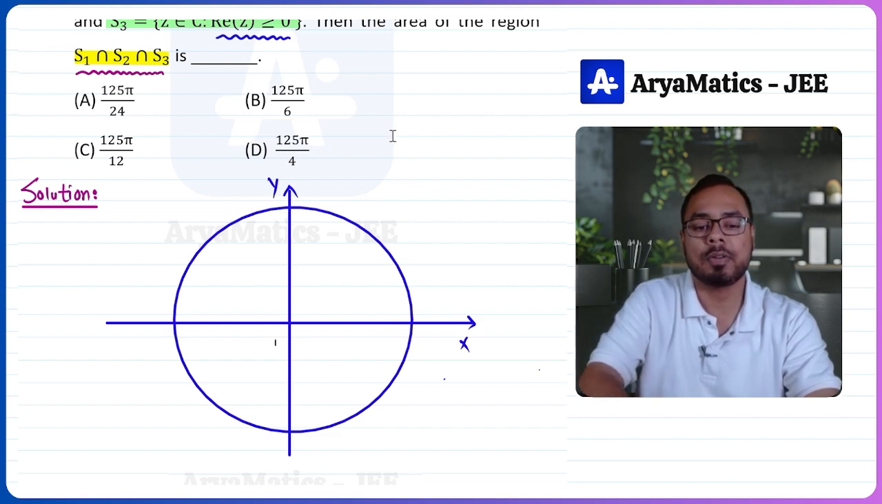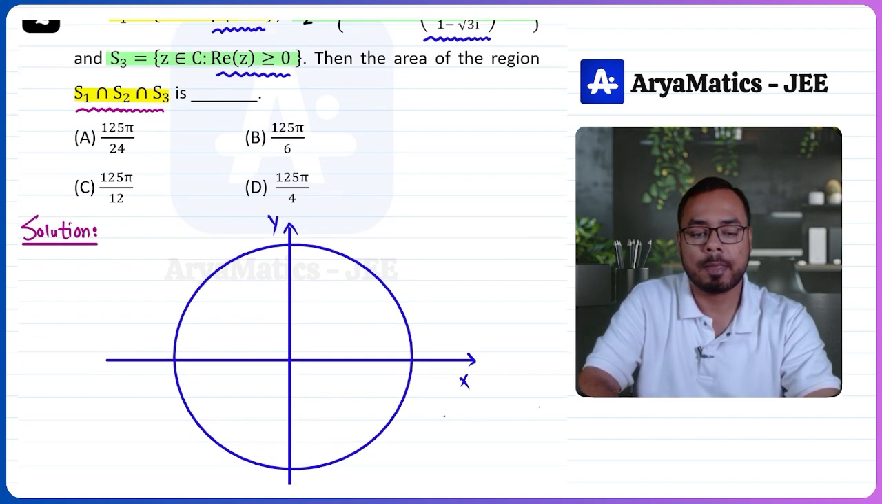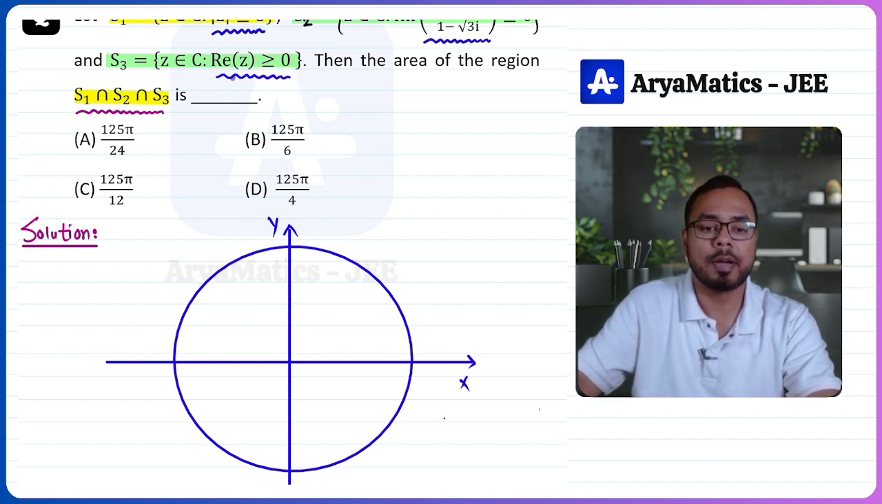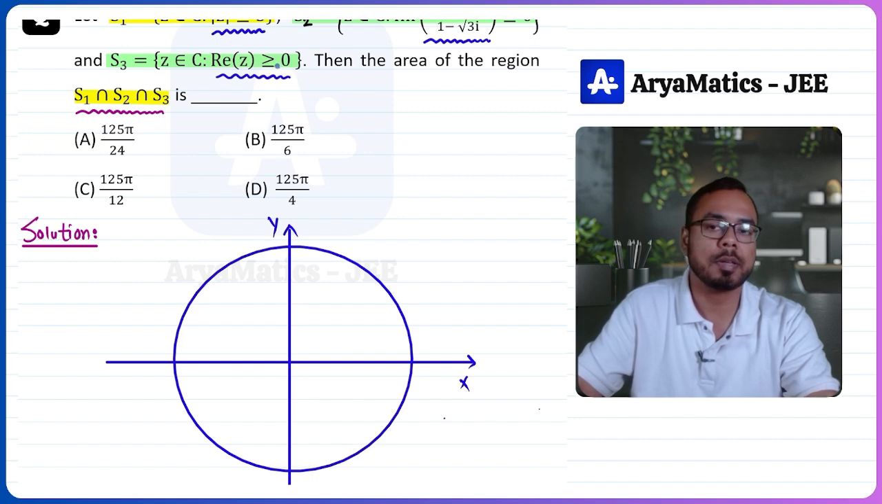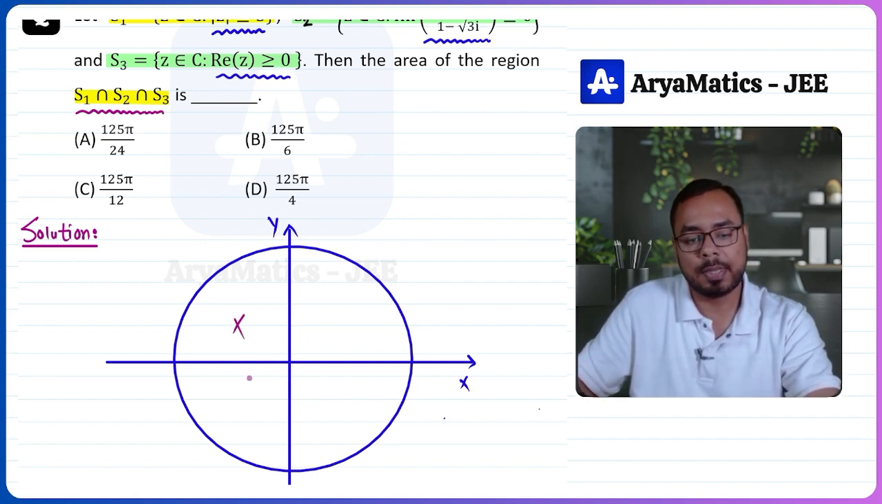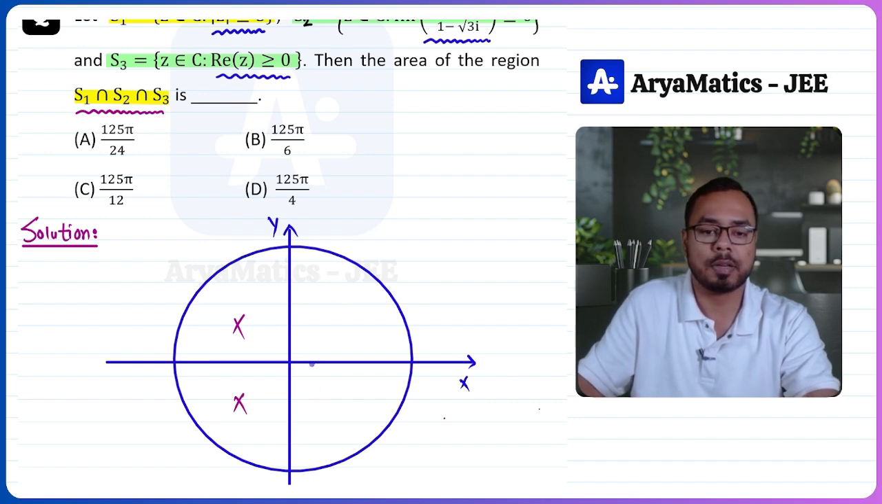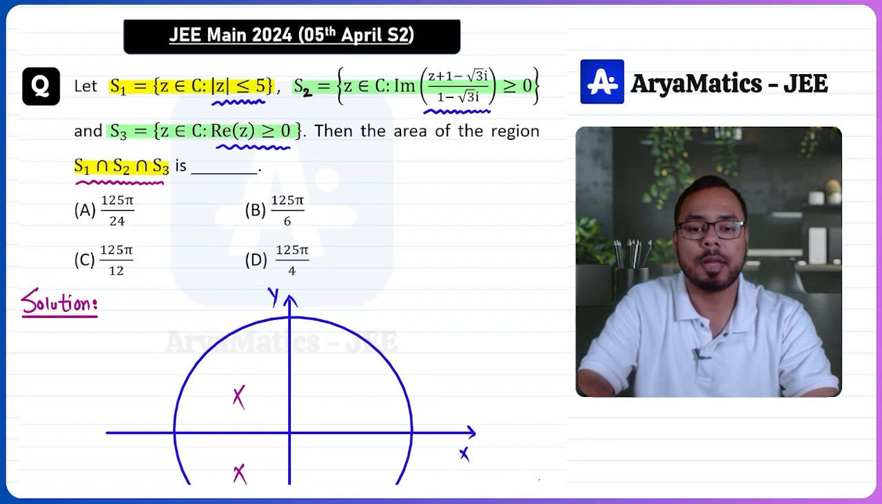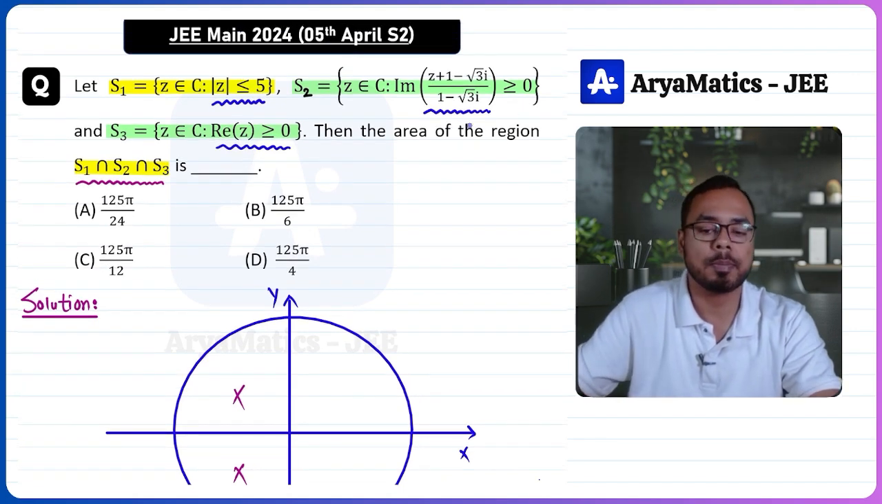Third one is real part of z is positive, right? Third inequality, real part of z is positive. That means we are talking about first or fourth quadrant, right? In first and fourth quadrant, x will be positive. Real part of z positive means x is positive. So we do not have these two quadrants, right? I mean, if I take intersection of S1 and S3, then we have this half of the circle in first and fourth quadrant. But there is one more inequality here, that is the imaginary part of this complex number should be